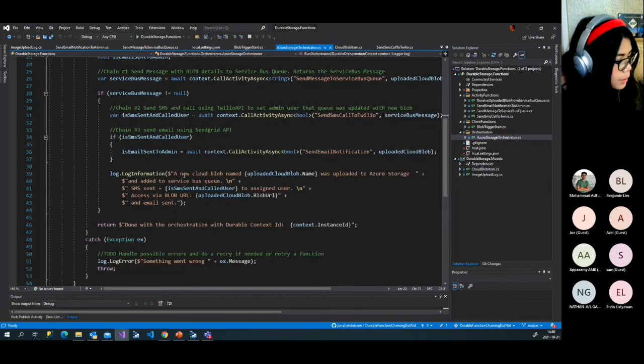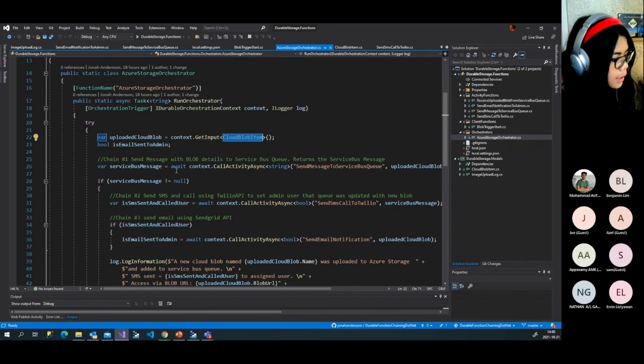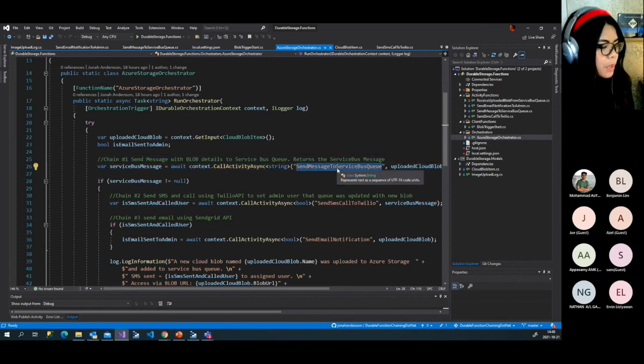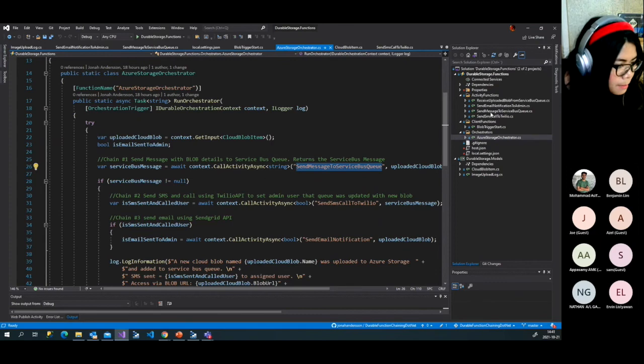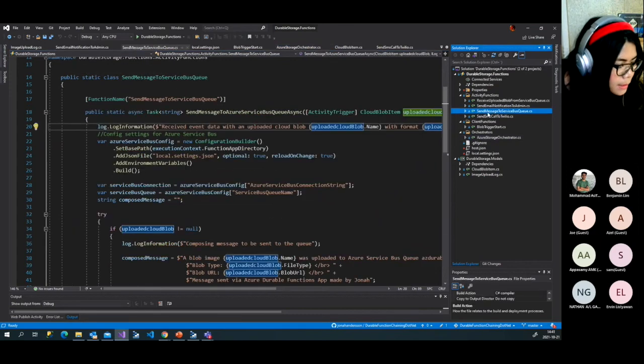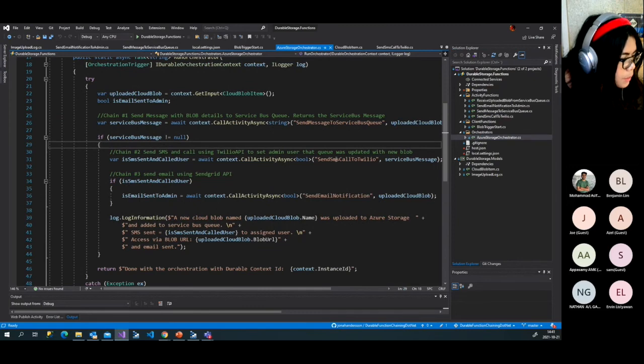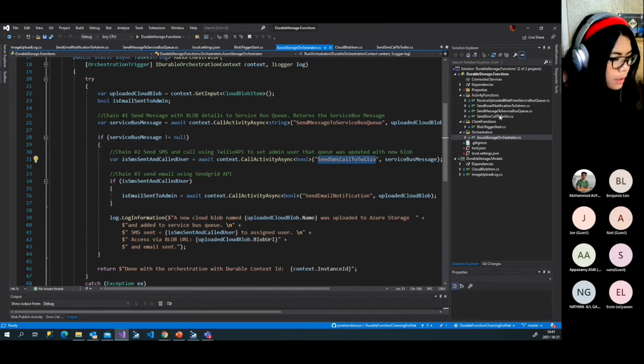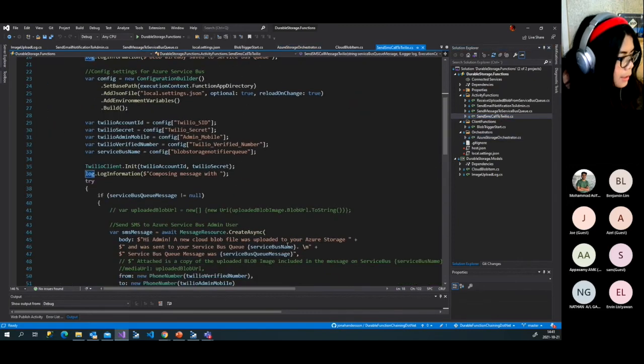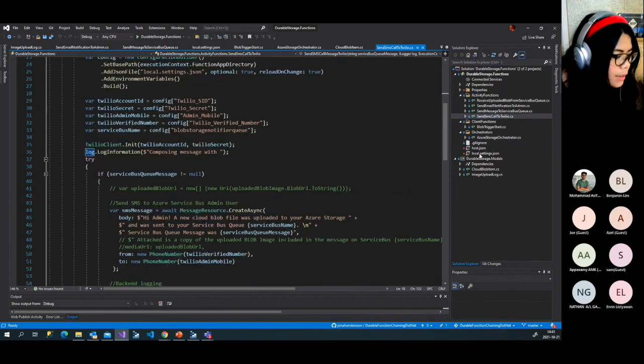And in my orchestrator, here you see the chain of workflows. The first chain is to send a message to the service bus queue, and that is that function. And then the second chain is this one, send an SMS called Twilio, that one. So I have my logic here.